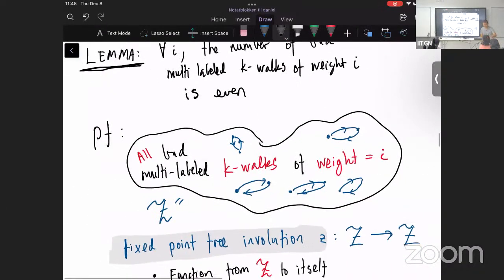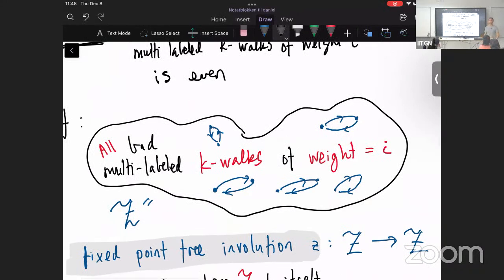Okay. So here's the proof. How do you prove that the set has even size? You give something with a fancy sounding name. You give a fixed point free involution from the set to itself. What on earth does that mean? You say that you take the elements of the set and you pair them up. And if everyone has a buddy and no one is a buddy of himself, then they're all in pairs and therefore the set is even.